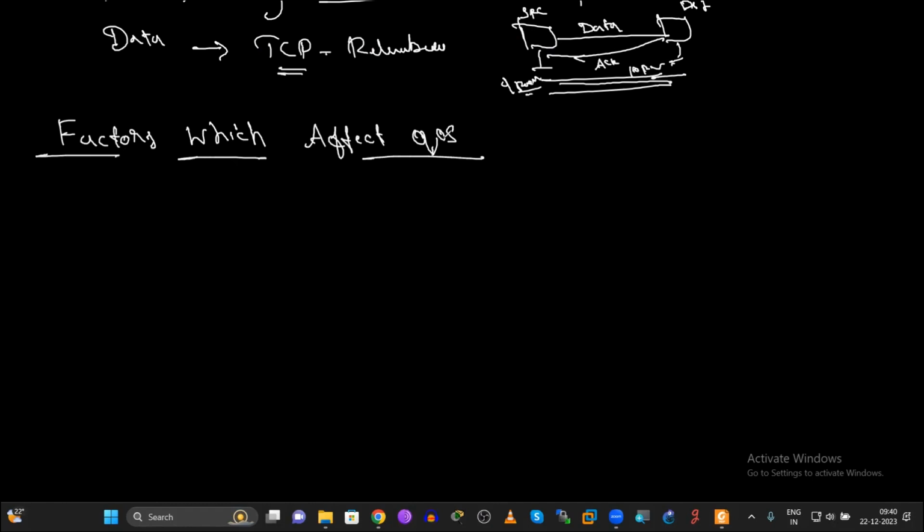Certain factors, such as bandwidth. Bandwidth is one of the influencing factors. Bandwidth generally is the speed of a link or interface.